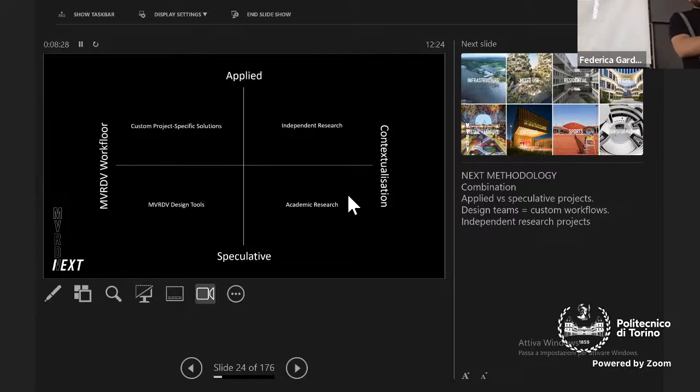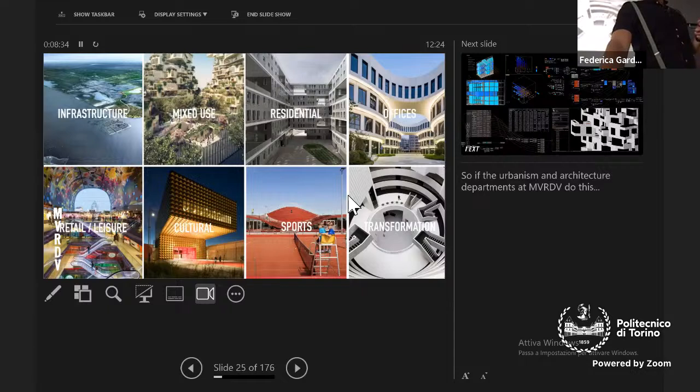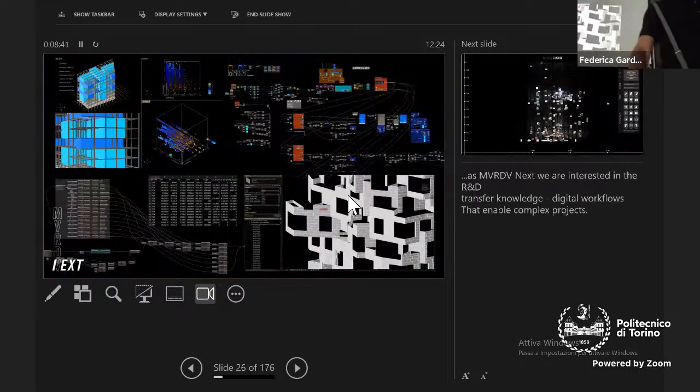So we like to do that part, designing new tools, but also doing our own independent and academic research. So if architecture and urbanism of MVRDV looks something like this, our MVRDV NEXT looks more into the development, the transfer of knowledge, these digital workflows that can be used to enable new projects and new ways of thinking of